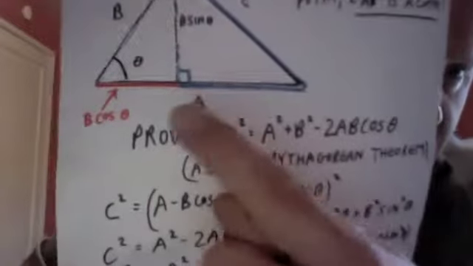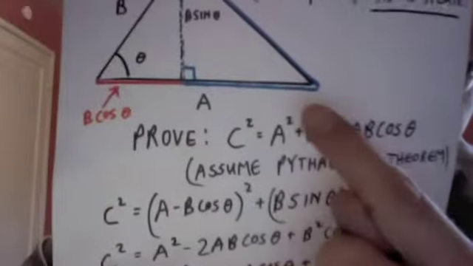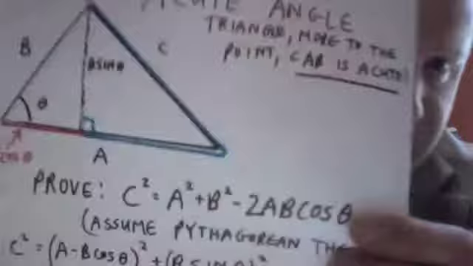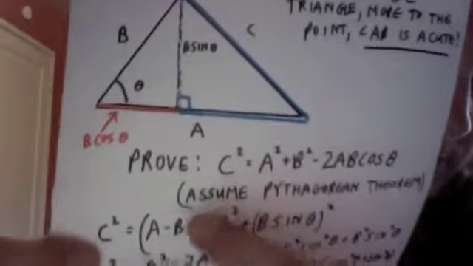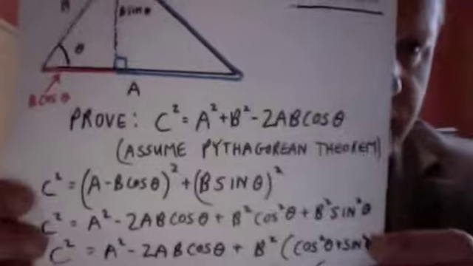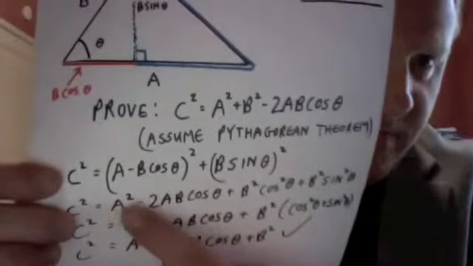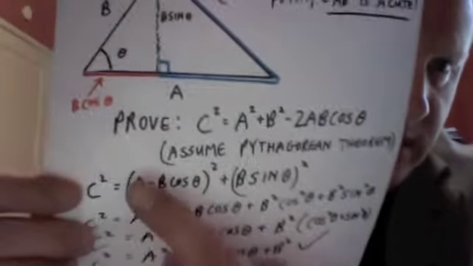Okay, and notice that they're both in parentheses. So C squared is equal to this line squared plus this line squared. And this line here would be A minus B cosine angle. Okay. Now, all I do then is I just FOIL these out, and I have, what do I do when